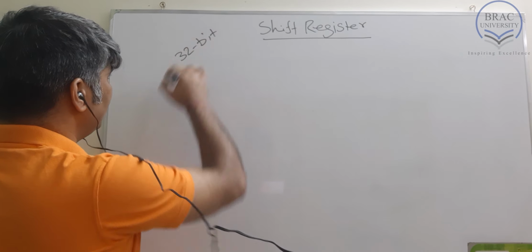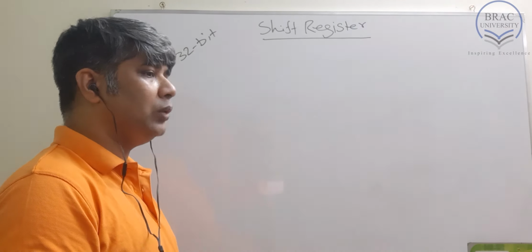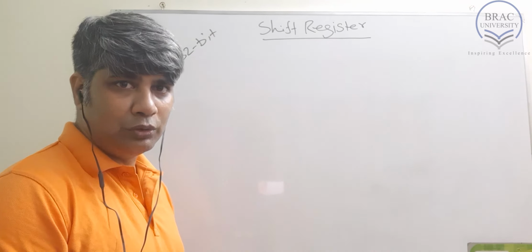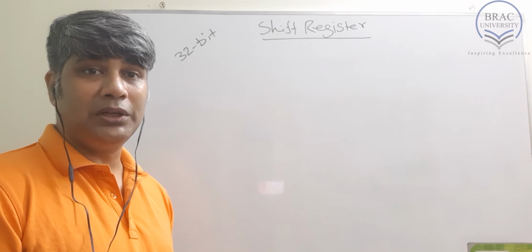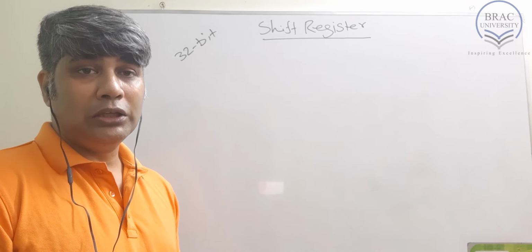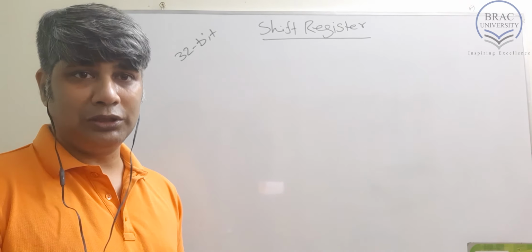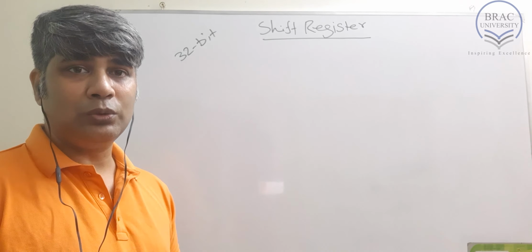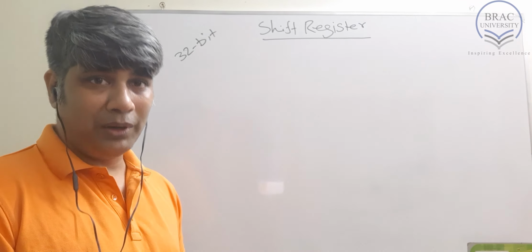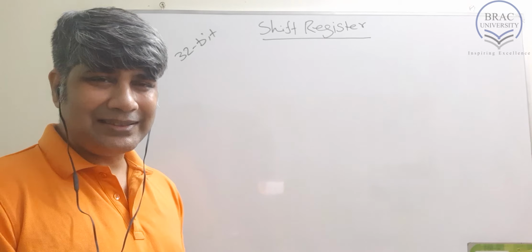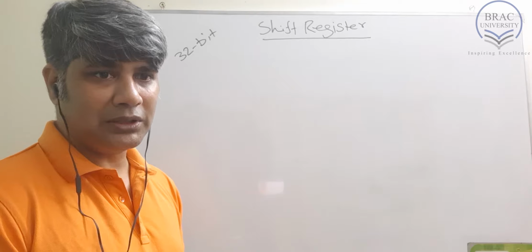32-bit architecture for our course. What this means is, no matter what happens, the bit length will be 32-bit. If it is less than 32-bit, then we'll make it 32-bit. So we need to make sure that the data coming to the system is 32-bit, which means the shift register that we are going to be working with is also going to be 32-bit. But just for the sake of an example, I'm just drawing part of it, not the entire 32-bit shift register.